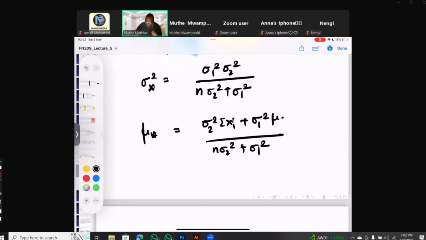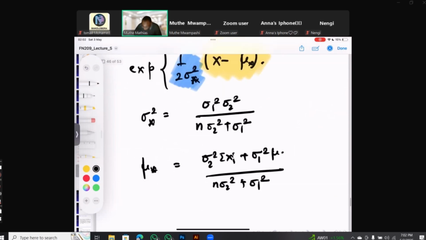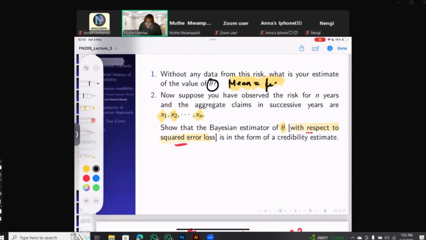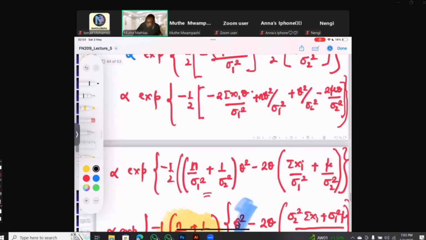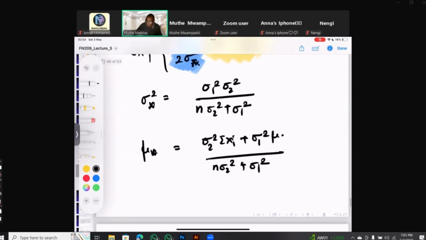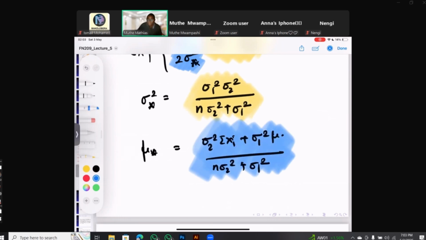Okay, so now what we can do here is that we ended here, right? We want to show that the Bayesian estimate of theta, we know that the Bayesian estimate of theta under square error loss is the mean of the posterior distribution, right? So what we need here is that we know our distribution is a normal distribution, right? After combining two normal distributions, we end up getting a posterior distribution which is also a normal distribution, but a normal distribution with two parameters. The variance is this one here, right? And the mean is this one here, right? But we know that